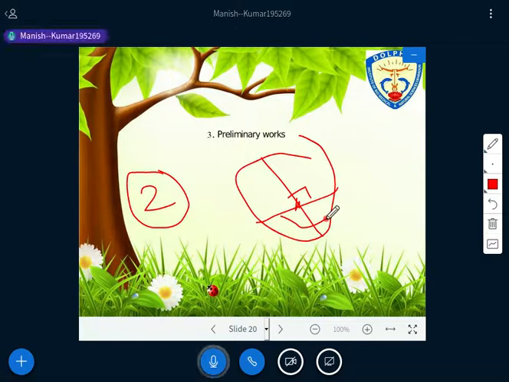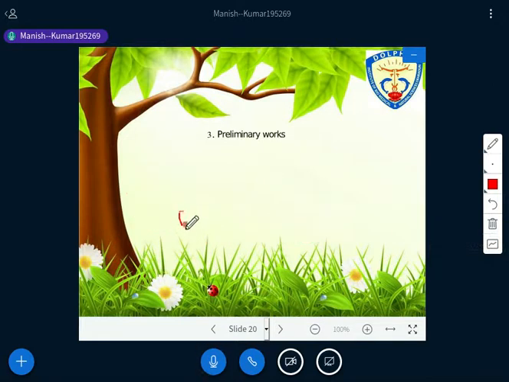Fine. And the third is also not difficult. In the third way, you just take the exact radius, considering the girth of the stump as a perfect circle, and then take the exact radius corresponding to the girth of the stump. Is it clear? Have you understood what you have to do in the preliminary works?